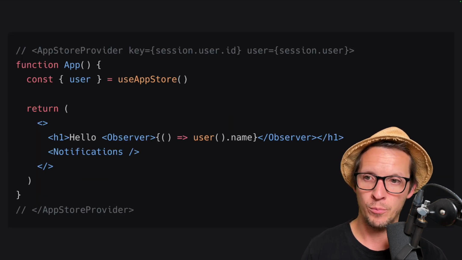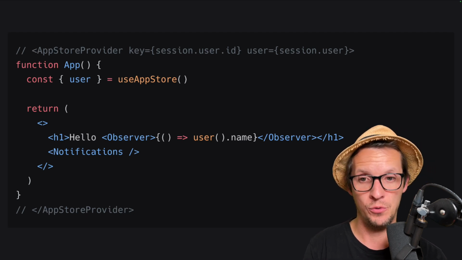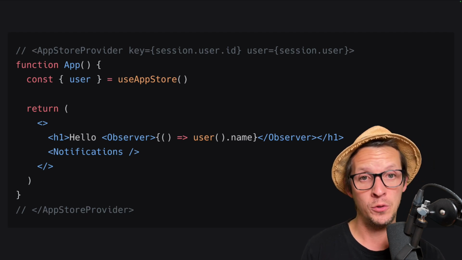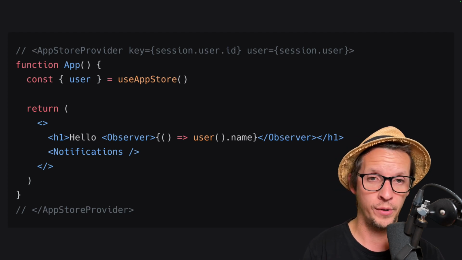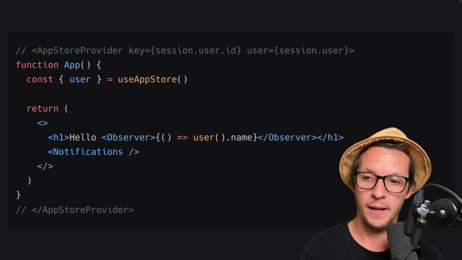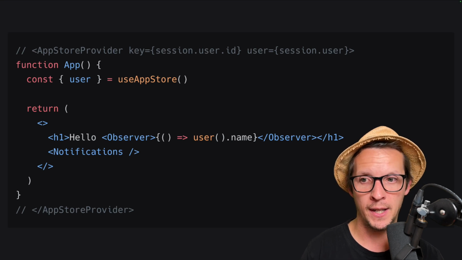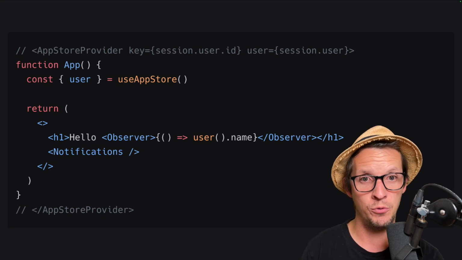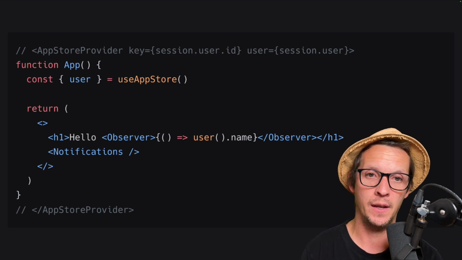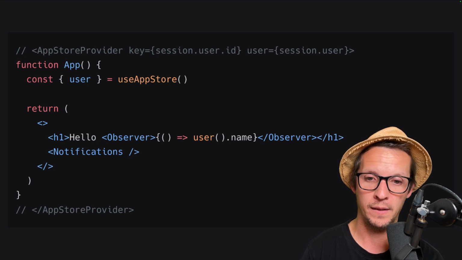Now, in an actual component that's nested in this App Store provider, we can see that we can now just use the App Store, and we grab the user here. And there are different ways to do observation in components. I just wanted to showcase a very specific way of doing it, where we ensure that the only thing that reconciles in this component is when the user changes. So we have an observer that returns the username, and you can see we call the user to unwrap the actual user value,